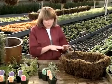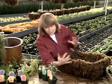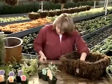The trailing plants will be the first ones to go into the basket, but we don't want to plant them on top to cascade over. We're going to kind of cheat here. What we want to do is plant them on the side so that they cascade down and fill up the basket. So the trick here is to drill out a hole with your finger, remove the moss, and then take